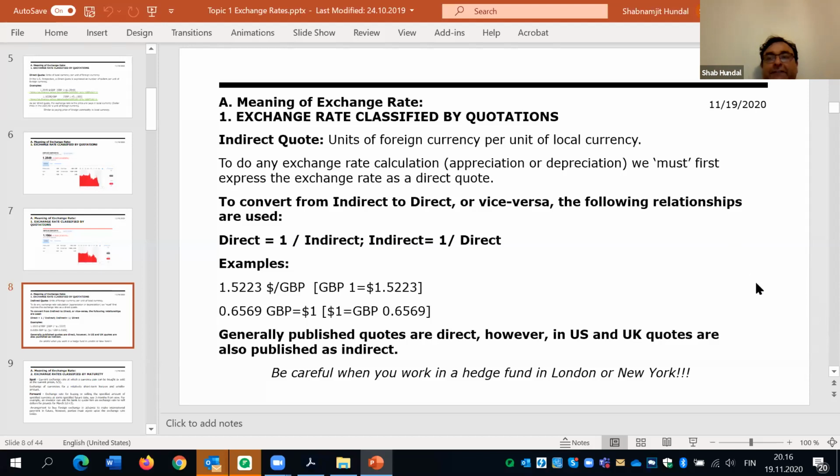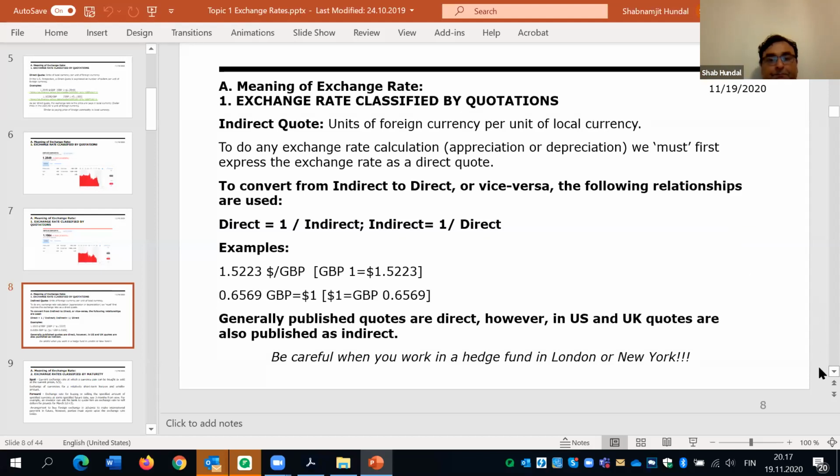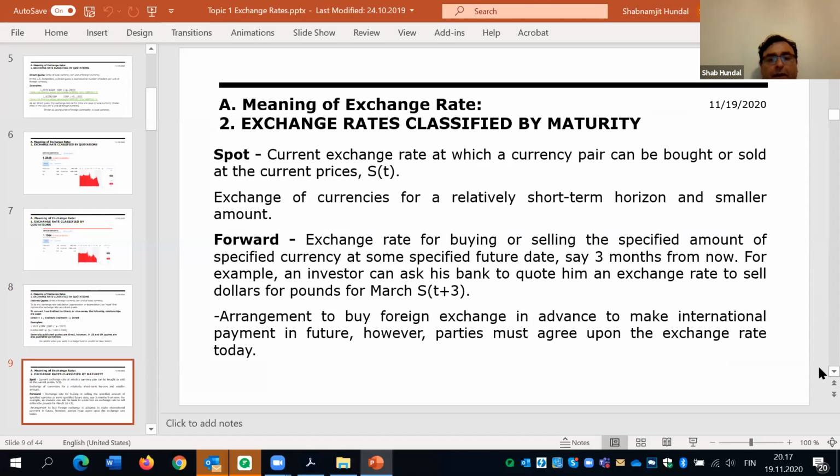So this is the first lesson you learn in multinational finance: always check that the rate of exchange is given in the direct quote, never in the indirect quote. And then we have the spot rate and the forward rate. The spot rate is